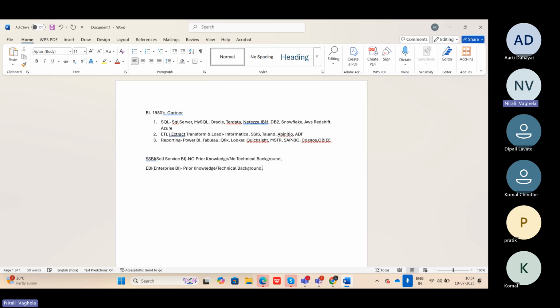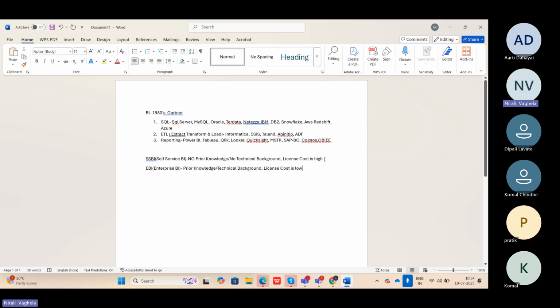The second thing is license cost. License cost is high here, compared to SSBI where license cost is low. Okay, that's the second difference.